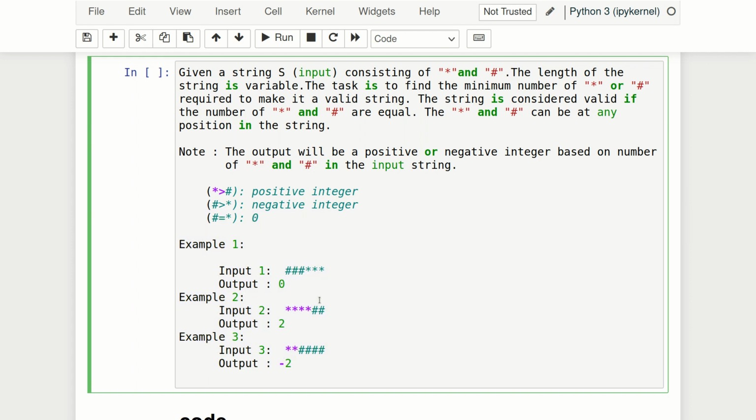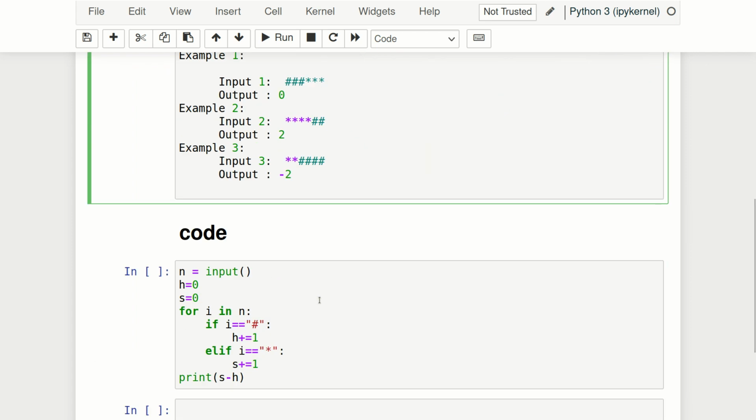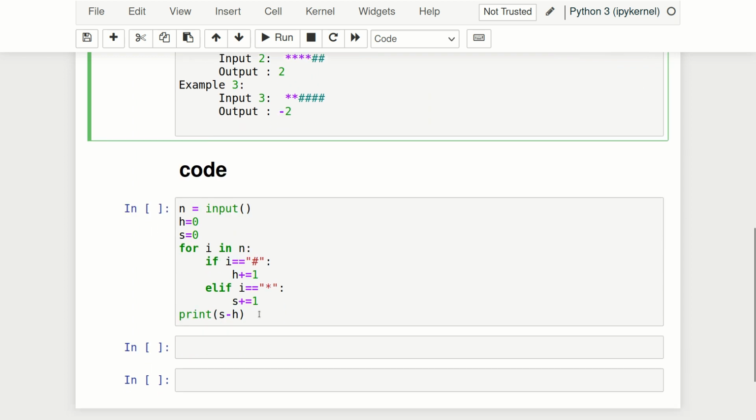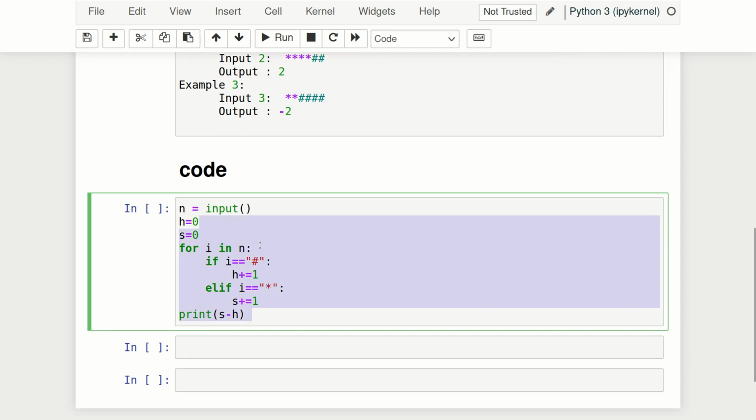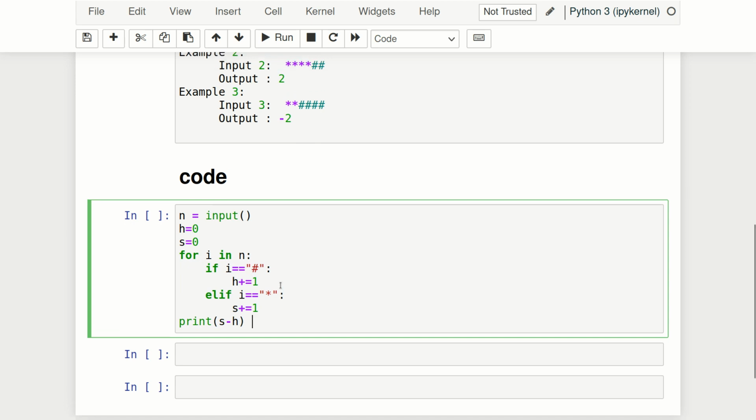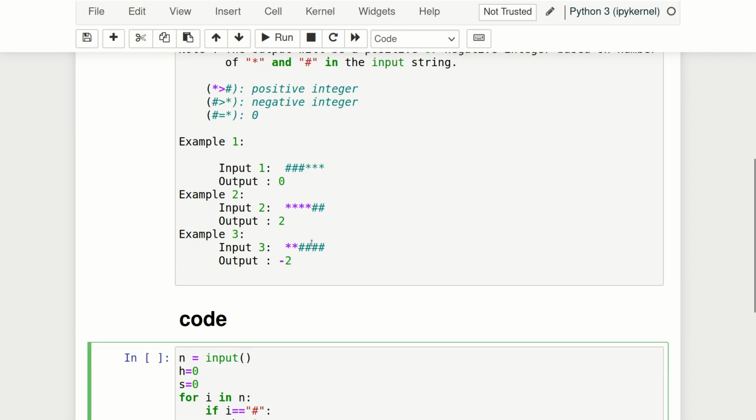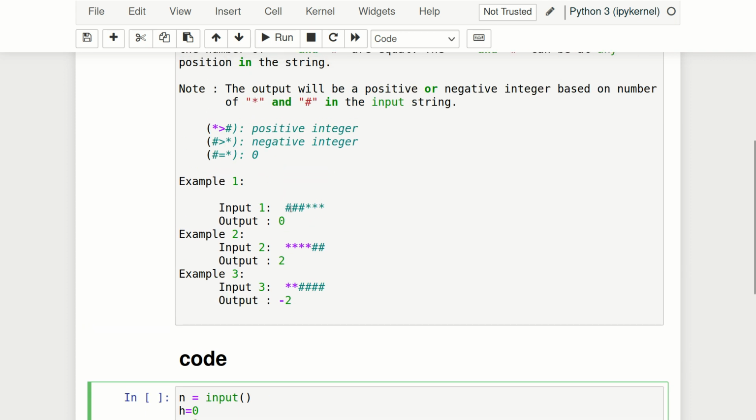Okay, so this was the main thing. Now let us move to the code. This code I have written in the Python programming language, and you can convert this into other languages like C or C++, Java, according to your need. That will be easy. So what we are doing, we will just iterate through all these characters,